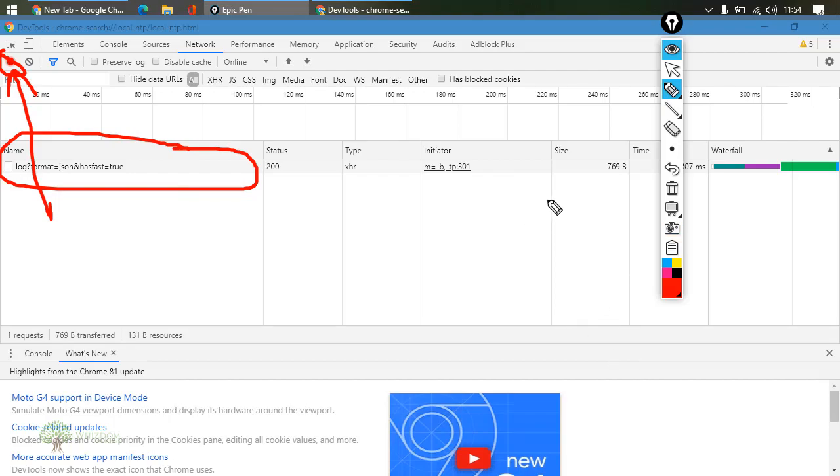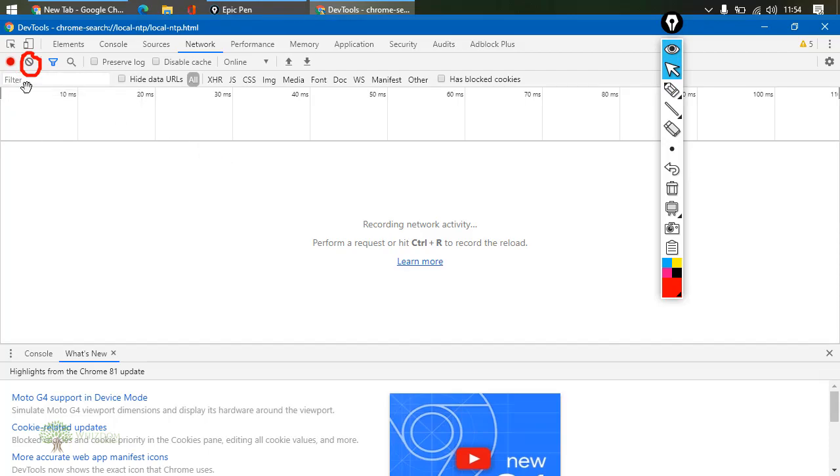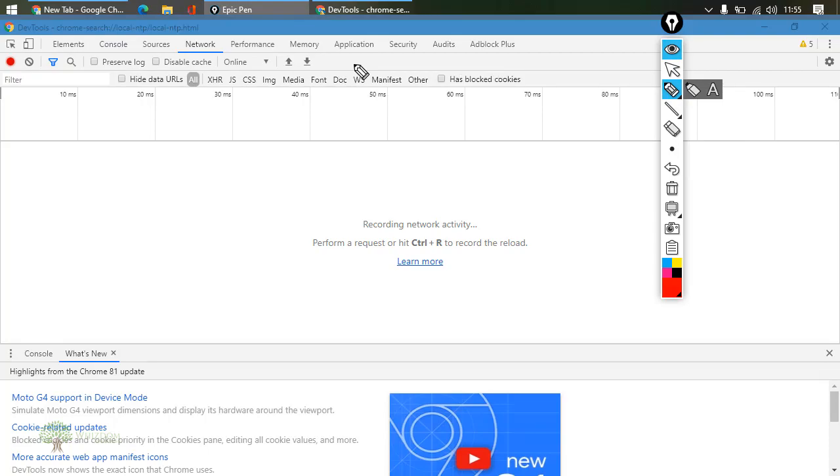Next thing is this button. Whenever we have a few things with us, if I click on this, you can see that it is clearing them out. The left button should be red to record things. If it is gray, then it is not recording anything. So if we want to record things, or flush out data, we can click here. There are other options as well that we won't be touching, but there is something that we would be touching in some cases, that is these.